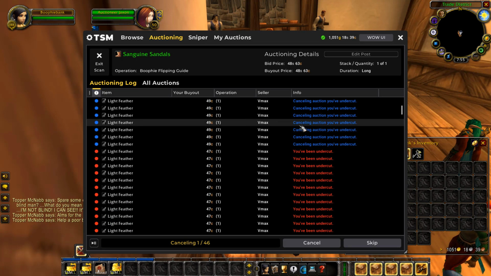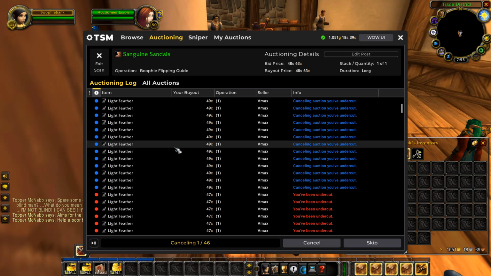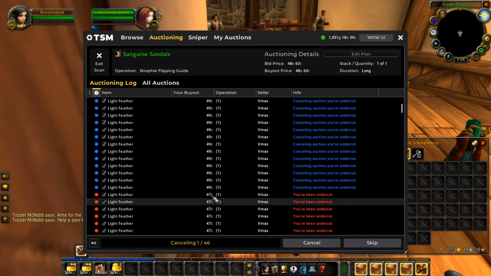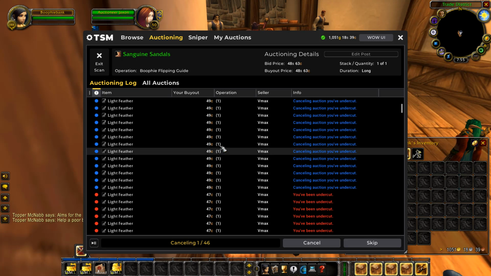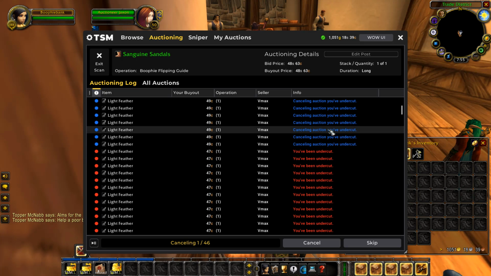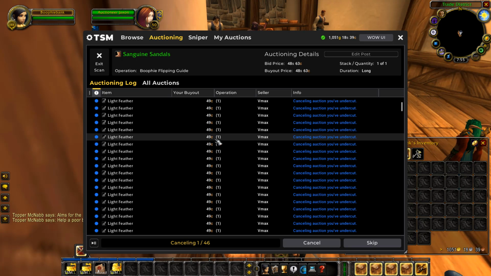Now, as you can see, there is actually a fourth option which says cancelling auction you've undercut. That means we've posted this item for less. As you can see, we undercut this person right here at 48 silver, then this person has undercut us at 47 silver. Before we did that, we posted them at 49 copper, sorry. So that means we've actually got a cheaper posting on the auction house under 49 copper, so we could cancel